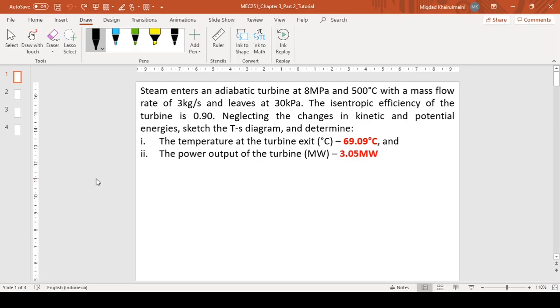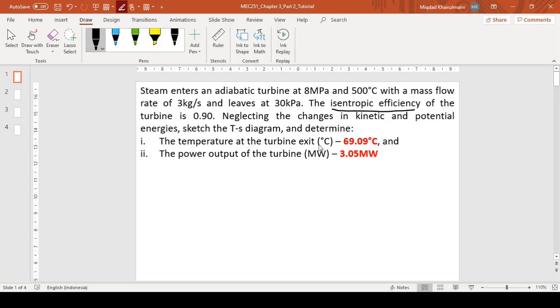The answer here is 69.09 degrees Celsius, and also the power output or work output of the turbine in units megawatt. The answer here is 3.05 megawatt. So before we begin, just to highlight, since this question involves the isentropic efficiency,